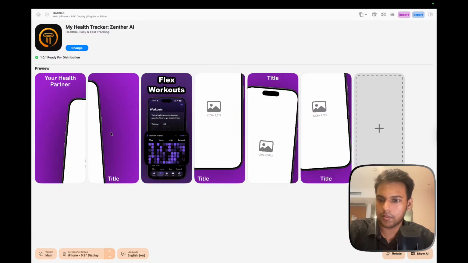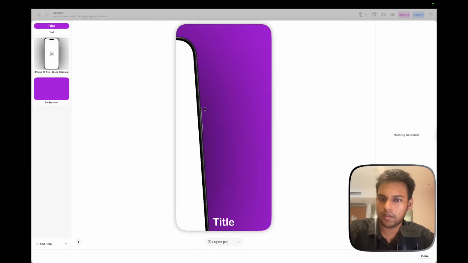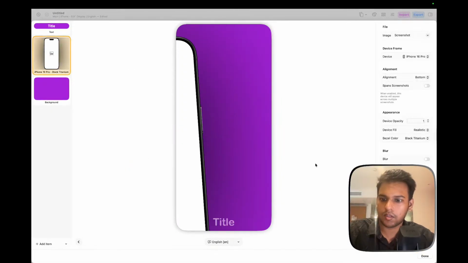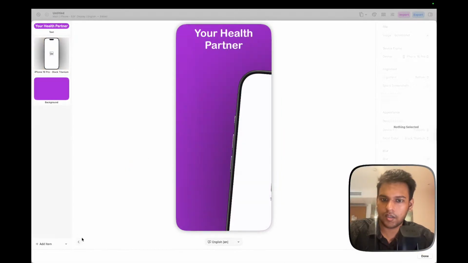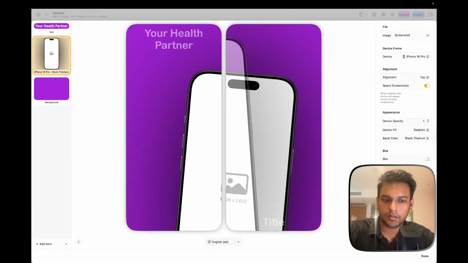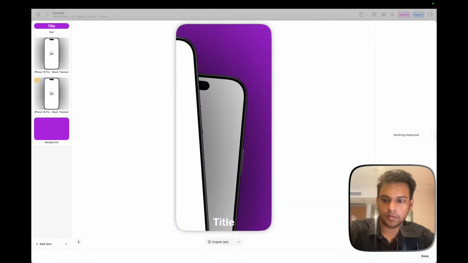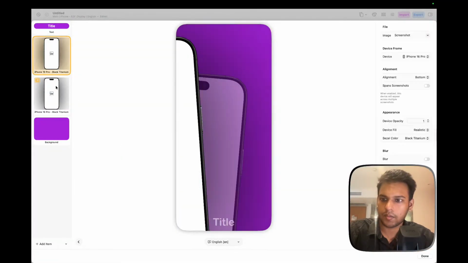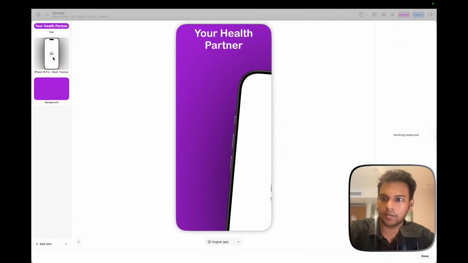No, so now it is not spanning anymore. So I think it's my mistake. I want this one to span, so I will click on the span screenshots, but I don't want this one to span, so I will delete it because this one already has its own.